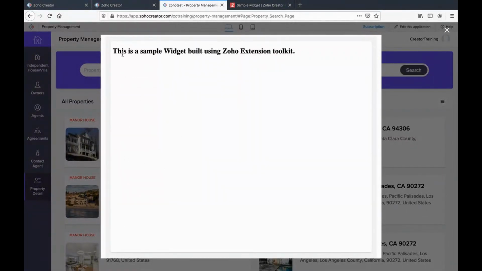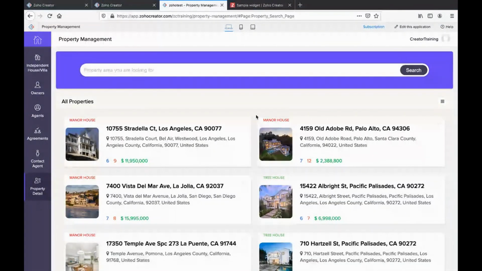And since the HTML file we have right now doesn't have any actual code, just a simple text display, it is coming up here. So we can understand how this widget has been uploaded, and how it is actually being rendered on screen right now as a pop-up from the page. All right, so now let me go back to